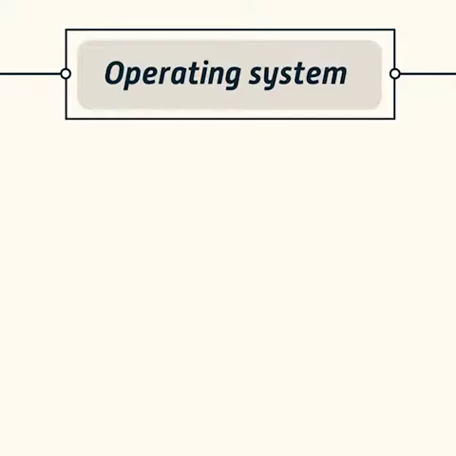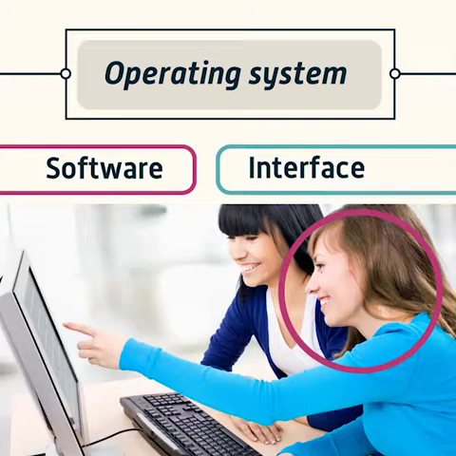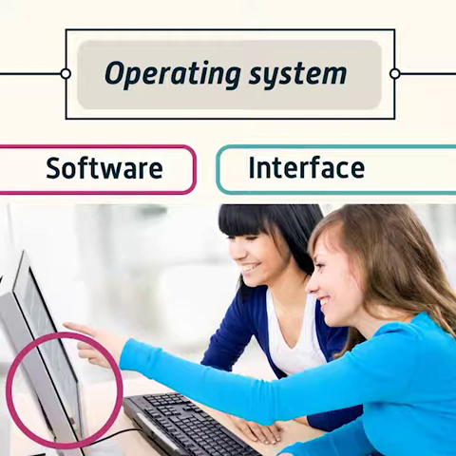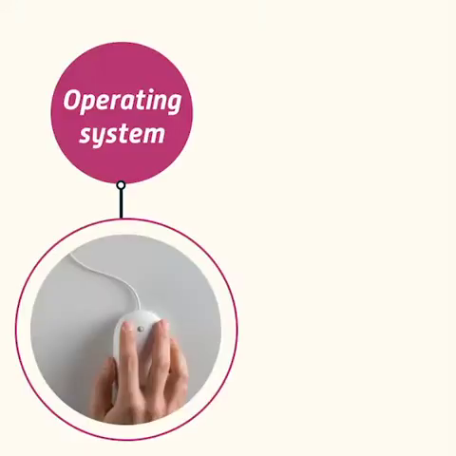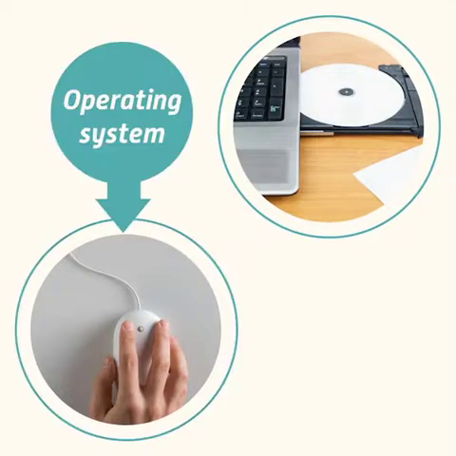The operating system is a piece of software that acts as an interface between the computer's human user and the hardware. If the user wants to burn a file to a CD, the user communicates this to the operating system, which in turn controls the behavior of the CD drive. When this task is complete, the CD drive will inform the operating system of this, and the operating system will